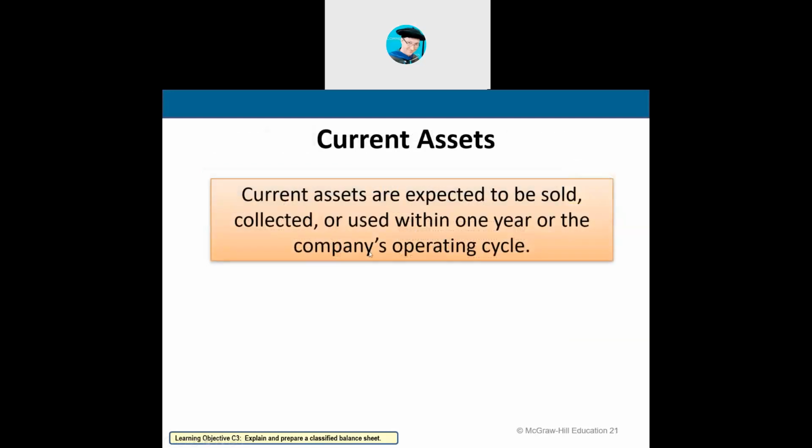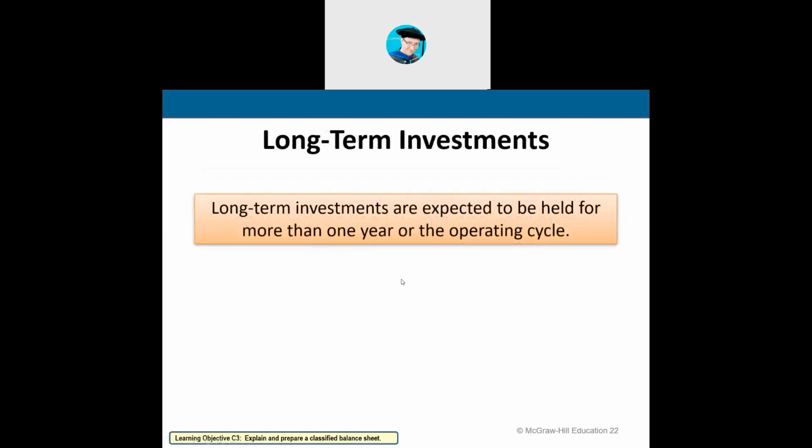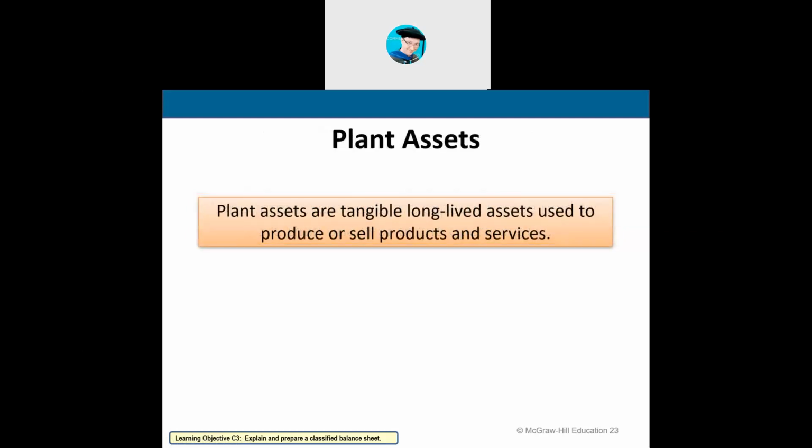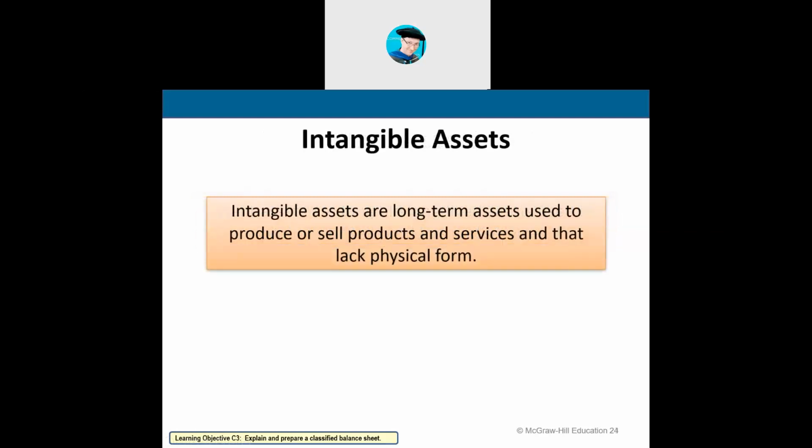So current assets, what we expect to collect within 1 year or use within 1 year. Long-term assets or investments, what's expected to be held for sale for greater than 1 year. Property, plant, and equipment, these are all tangible, long-lived assets. Intangible assets, that would include things like,